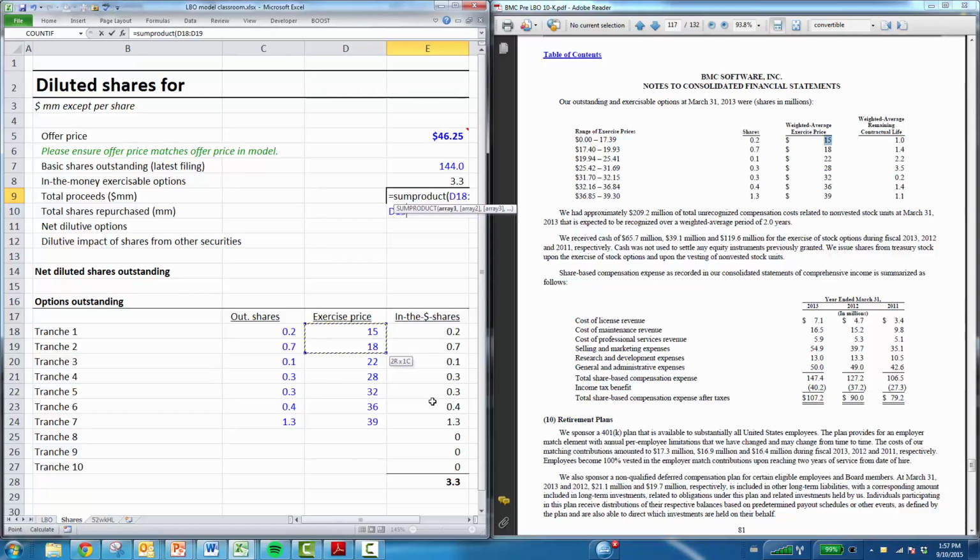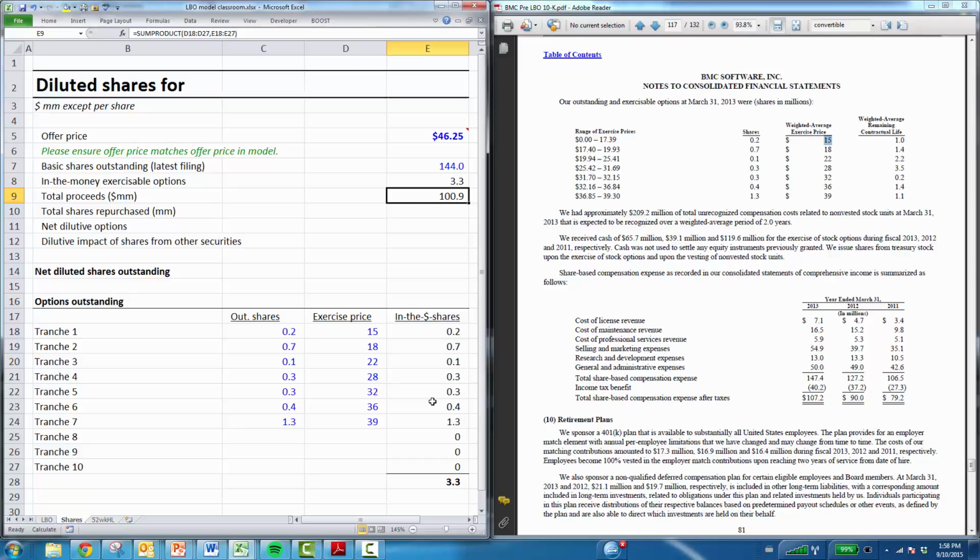And it's very important that we actually take this column and the second column, rather than column C, we take the column that's already been tested whether they're in the money or not. And that gives us the total proceeds, which is going to be $100 million. If we're going to pretend, or we're going to assume like all of these options are going to be exercised, then